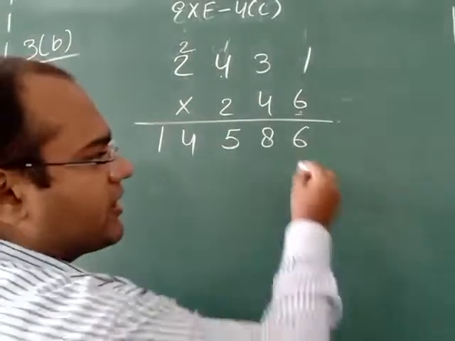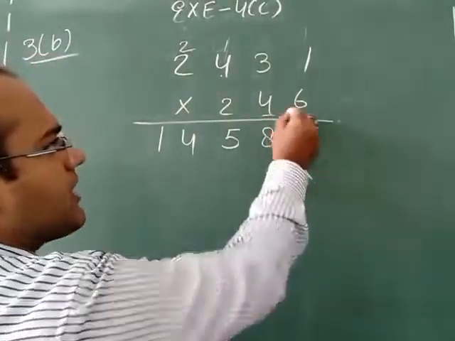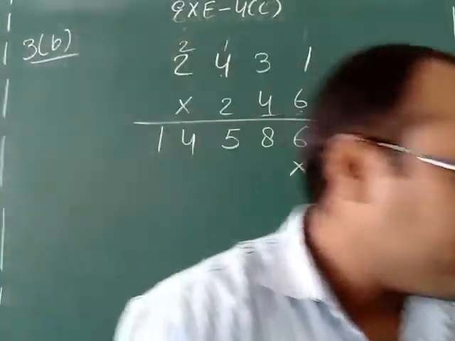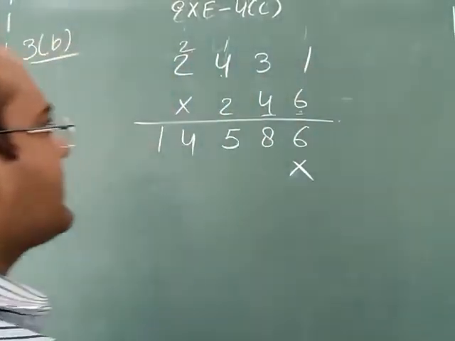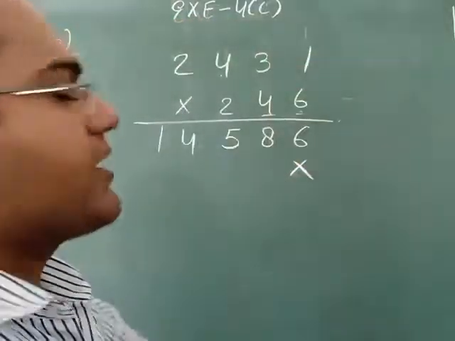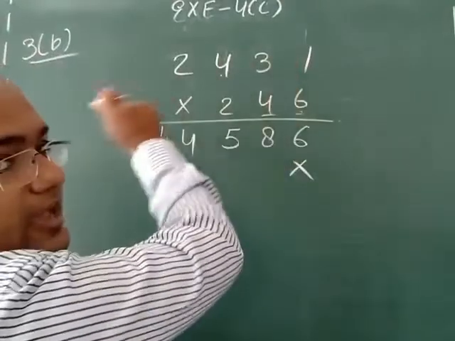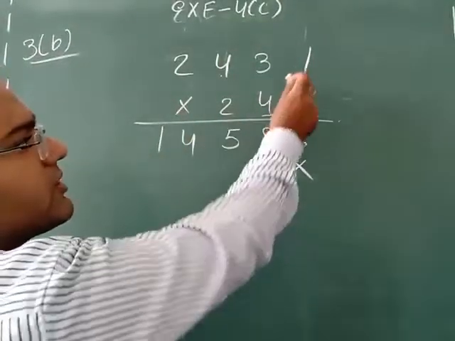Now under the last number we have to put a cross sign. Now I have to multiply with 4. Now what will we multiply with? We will multiply with 4. So we will erase these carries whatever we have written here. Now this 4 we have to multiply with every number. First of all this 4 we have to multiply with the last.